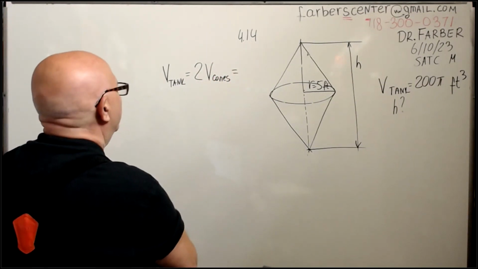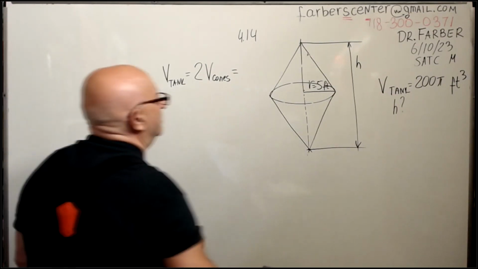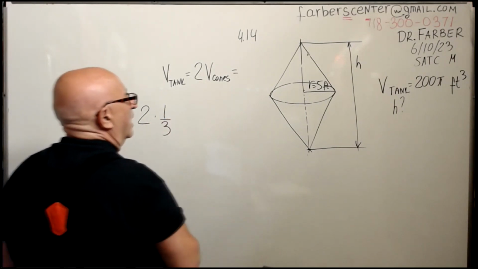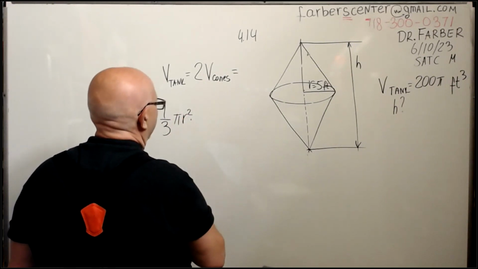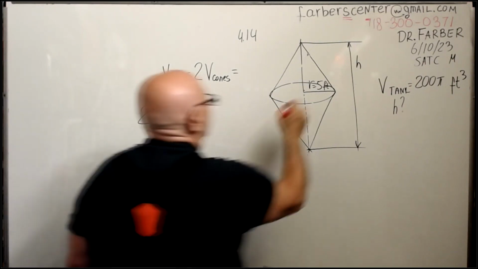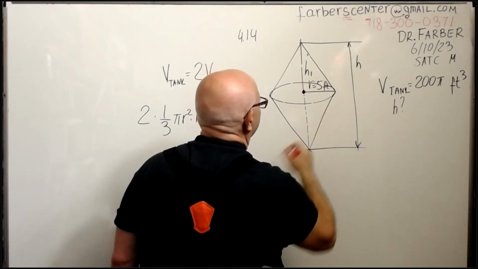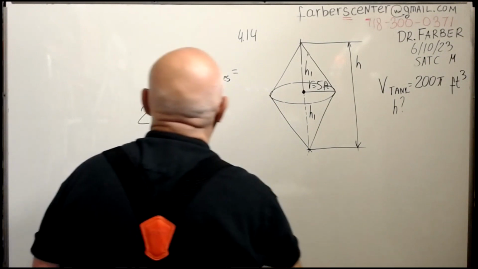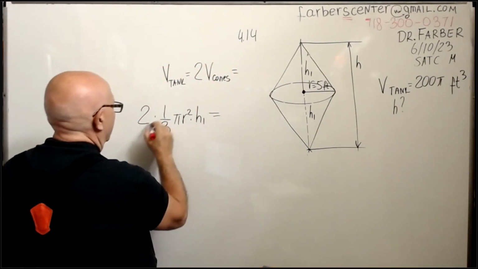One volume of cone is 1/3 area of base multiplied by H1. Not this height, this one. And this height is exactly the same H1. And equals 2/3